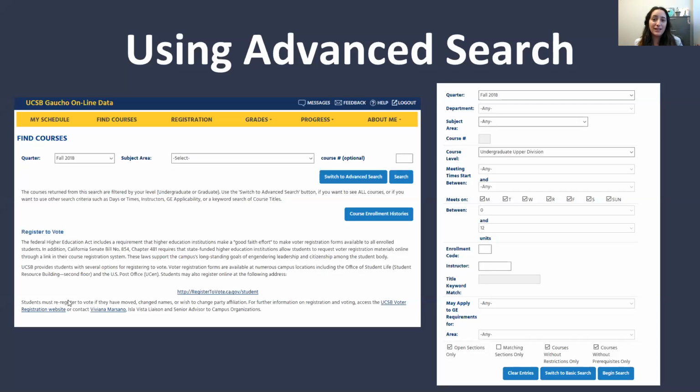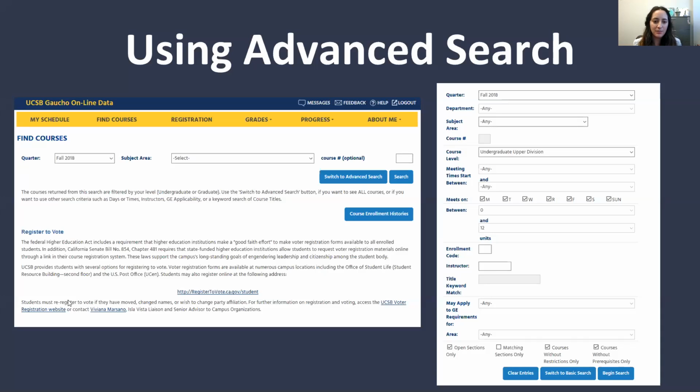Click on the course info button to see the course description. You'll also see a tab for prerequisites and for restrictions, so you'll want to check both of those tabs to make sure that you meet them. For example, an upper division math class is probably going to be restricted to math majors only, so you're probably not going to be eligible to take that class. When you're picking out electives, make sure you check that.